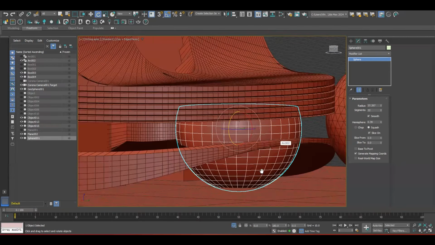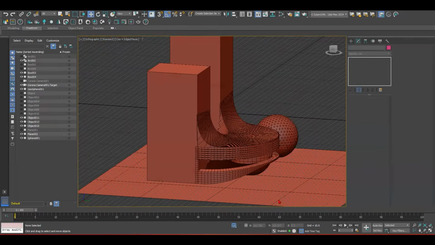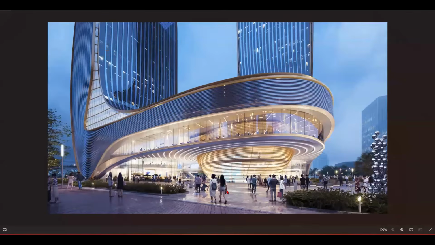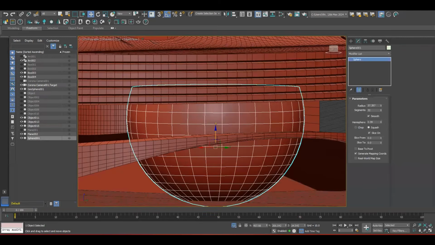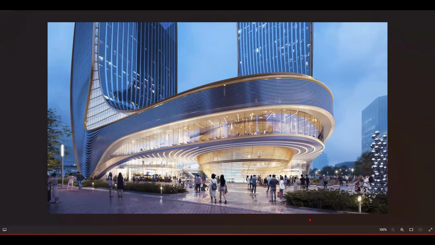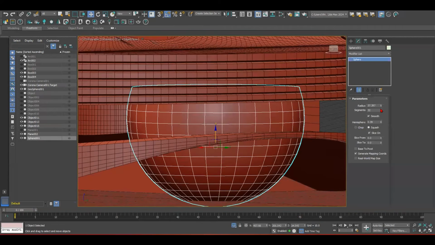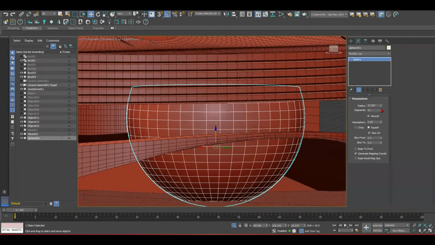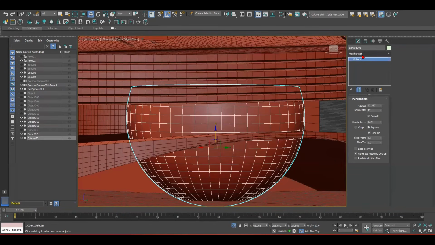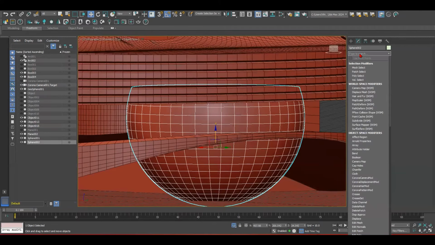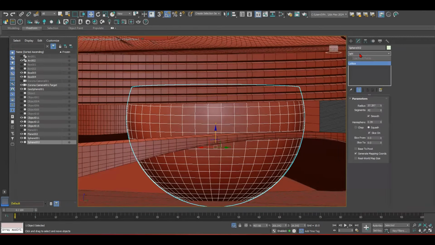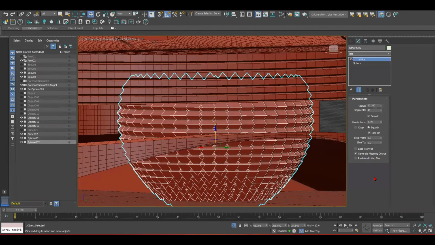So now you have the spherical shape inside, but we need to have this grid of mullions inside. So we can increase the segments. Once we increase the segments, we can just do a clone for the glass and the other clone for the grid, and give the lattice order for it.